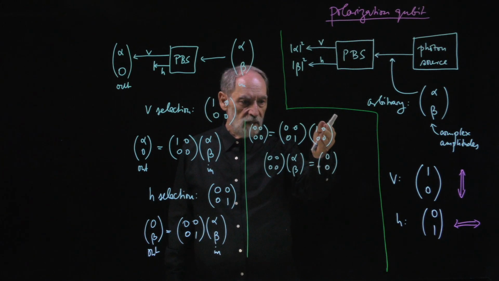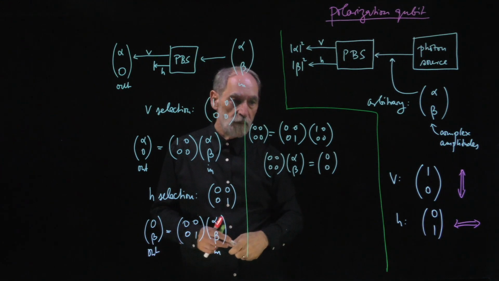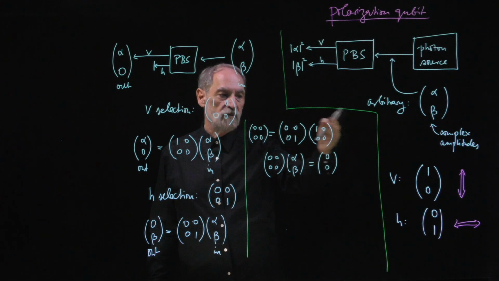So V selection followed by H selection gives us the null operation, so that the overall effect describes a beam